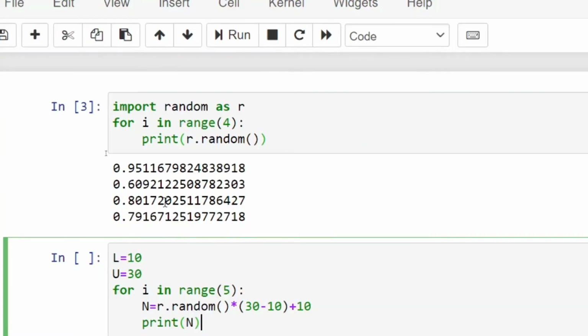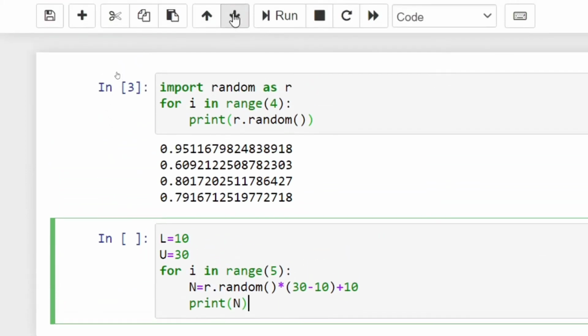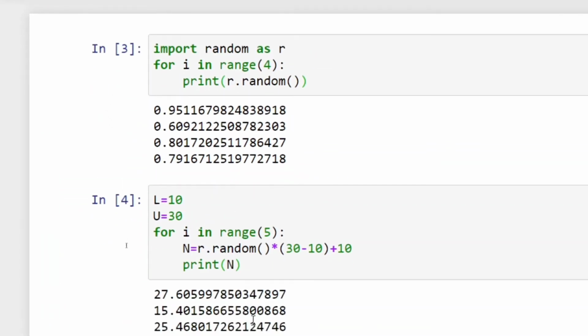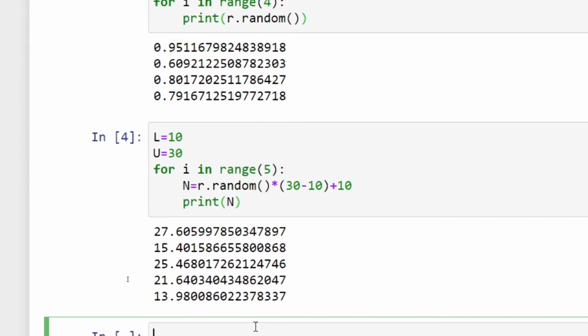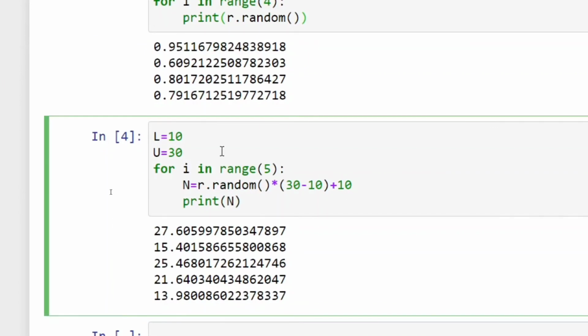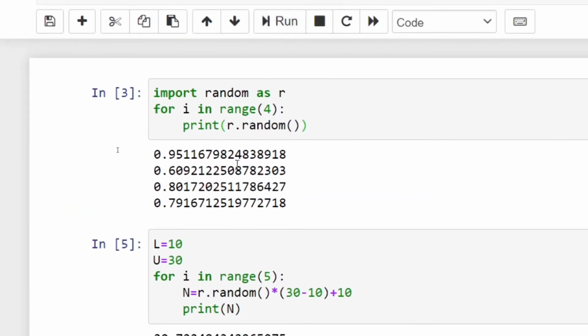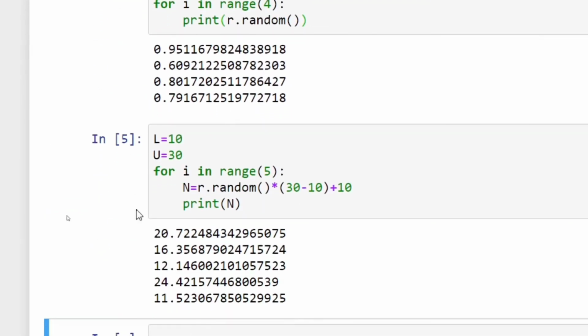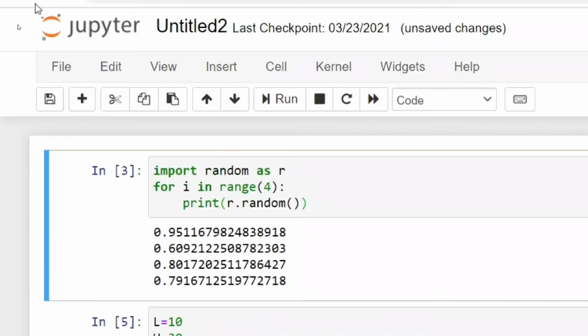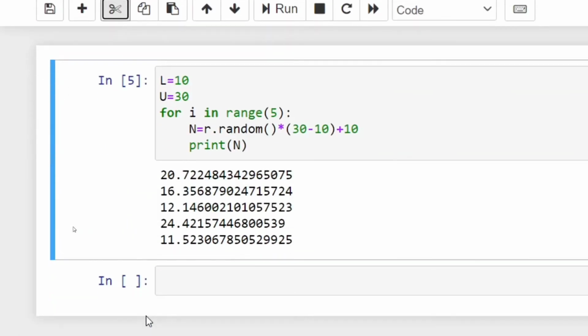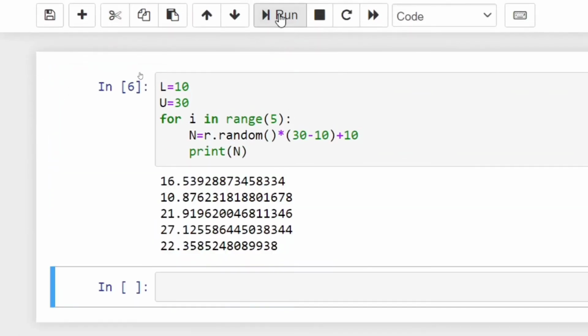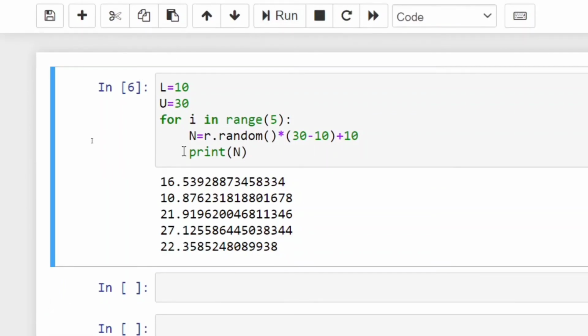When you run the code, what output might you get? Maybe, see, you are getting this kind of output. If I run the code once again, this pattern will change. Every time you run the code, you will get a different pattern. This is a different pattern. So this is the story of how to use it. Is it clear now? I hope it is clear.